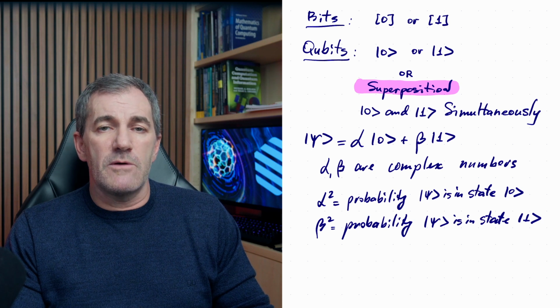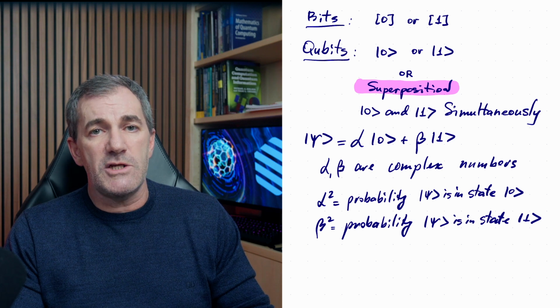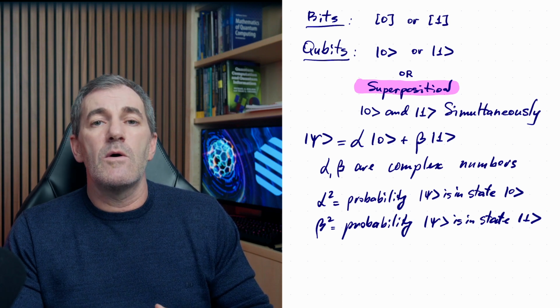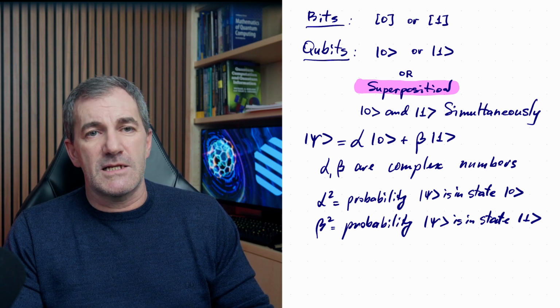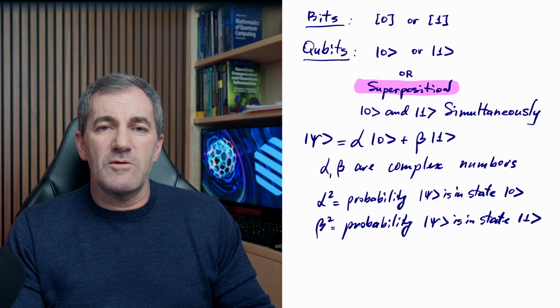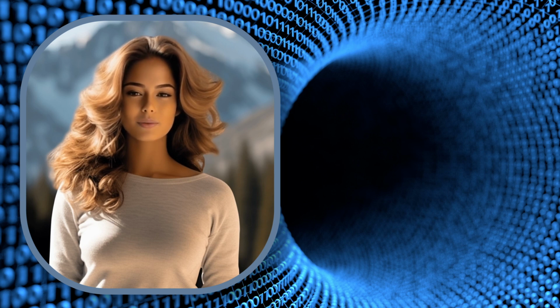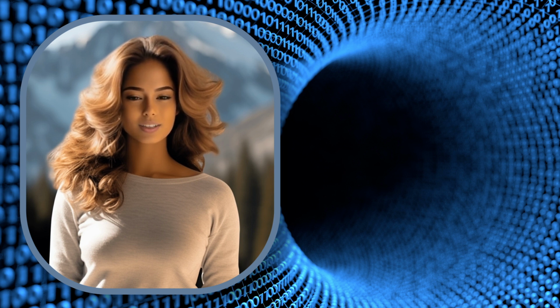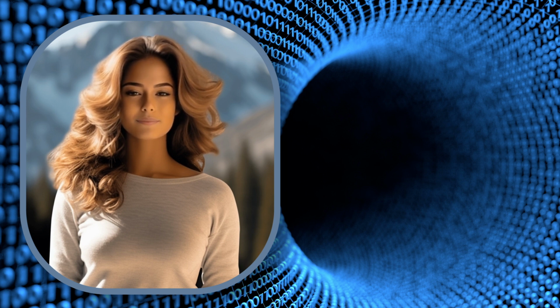Now let's explore how this superposition property allows quantum computers to store and process information in fundamentally different ways, and how this property allows quantum computers to gain substantial advantage over classical computers. We will start with quantum information density. Quantum information density refers to the amount of quantum information that can be stored or transmitted per unit of physical resources, such as the number of qubits required to represent a certain amount of information. It quantifies how efficiently quantum systems can encode or process information relative to classical systems.